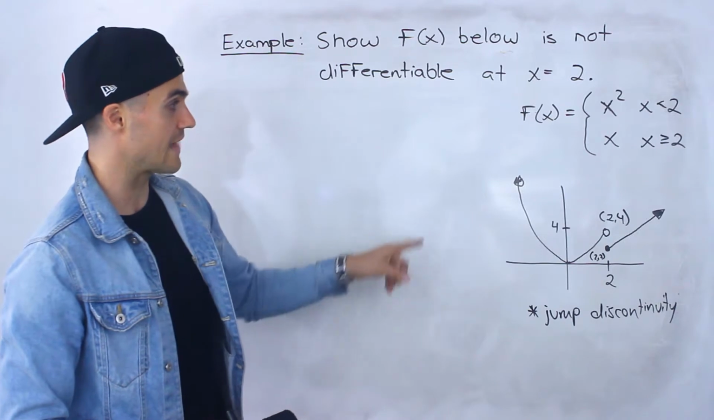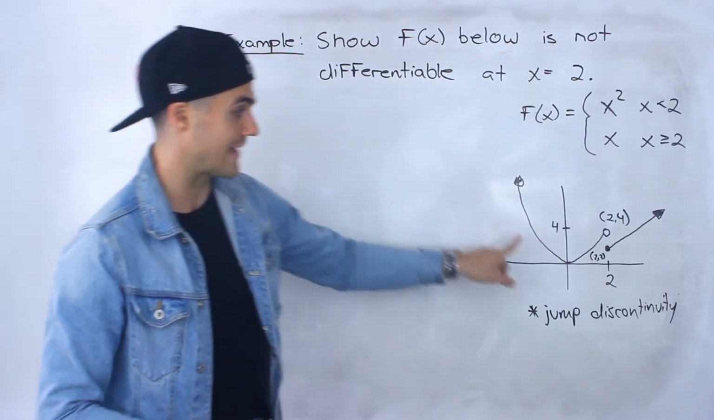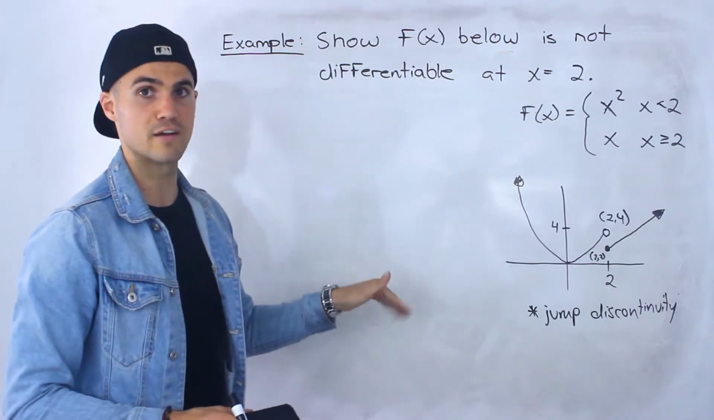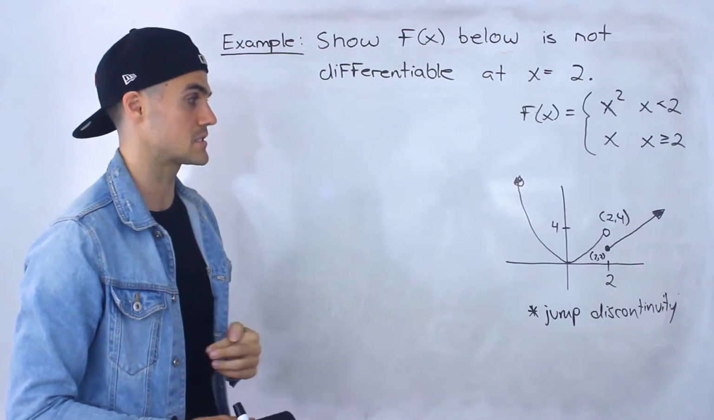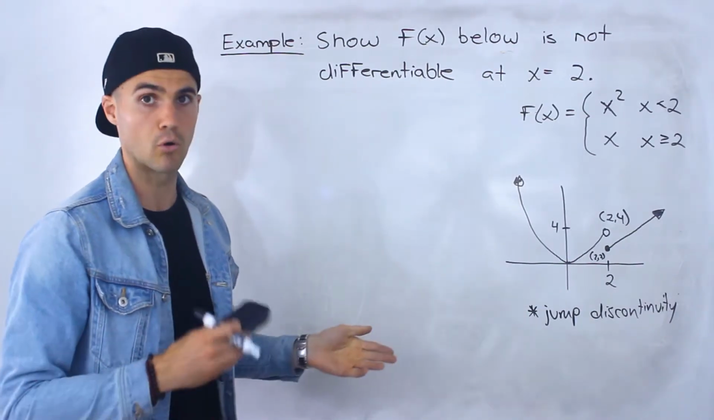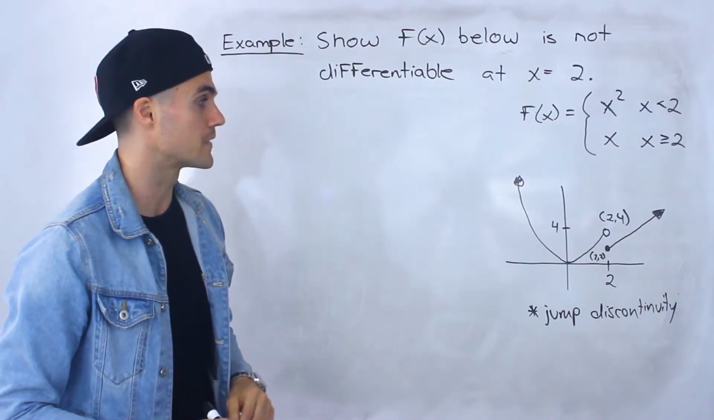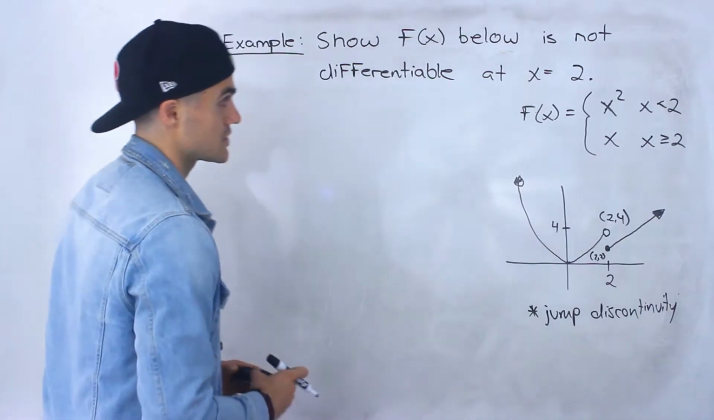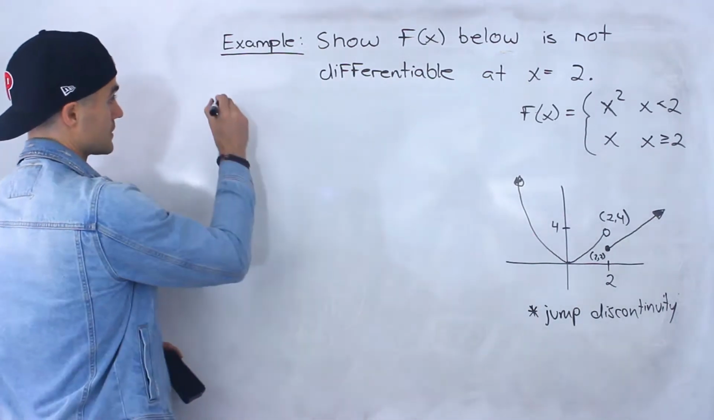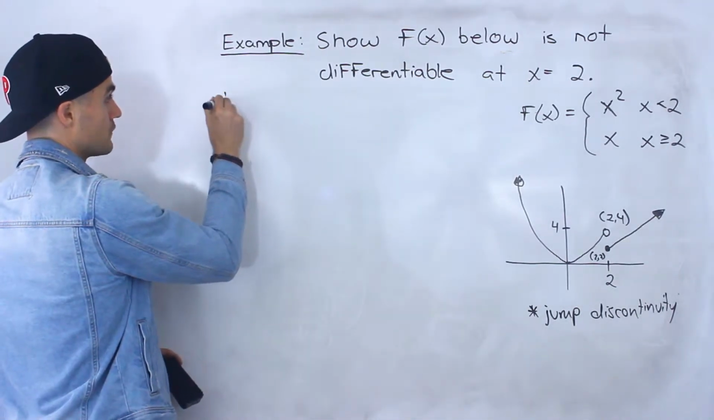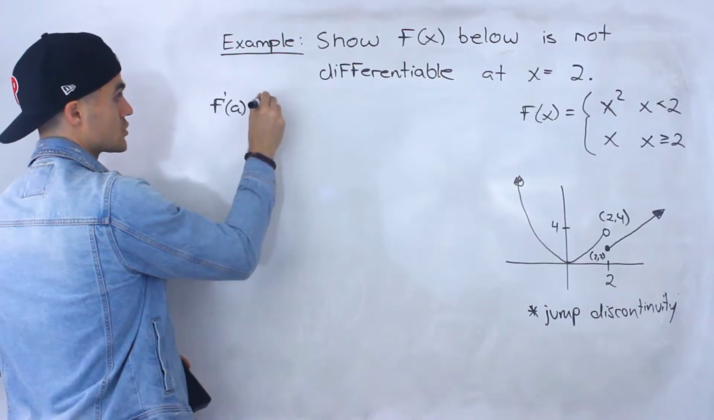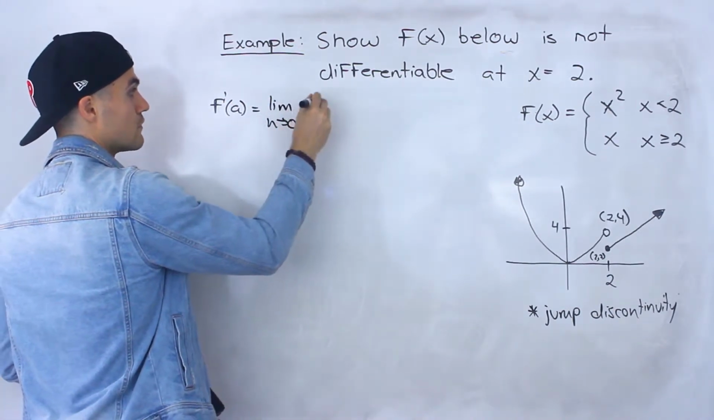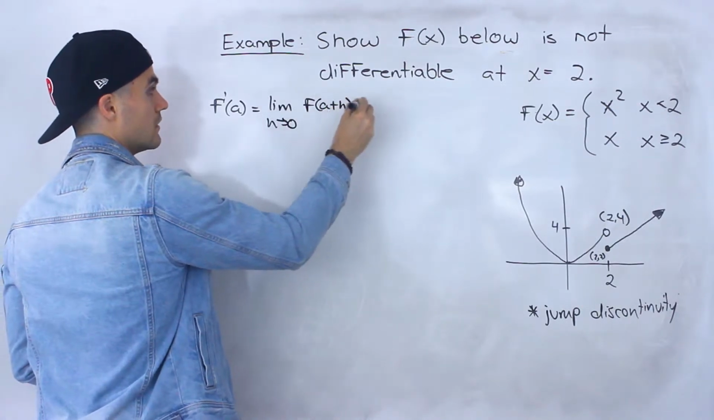And showing that this function is not differentiable at this x value of 2, the process is going to be a little bit different than the other discontinuous examples. It's going to be more complex, in my opinion. So we got to show that this function is not differentiable at this x value 2. And to do that, like we did in the previous examples, we basically have to show that the definition of a derivative, this limit here,